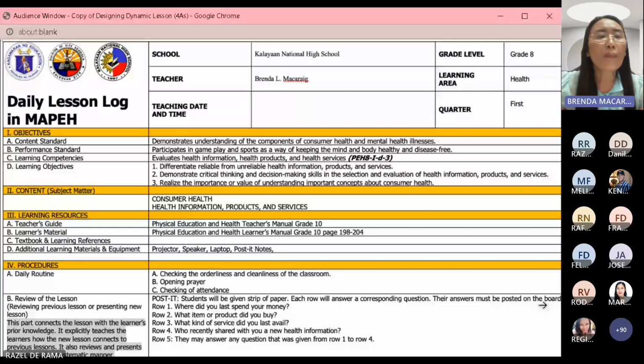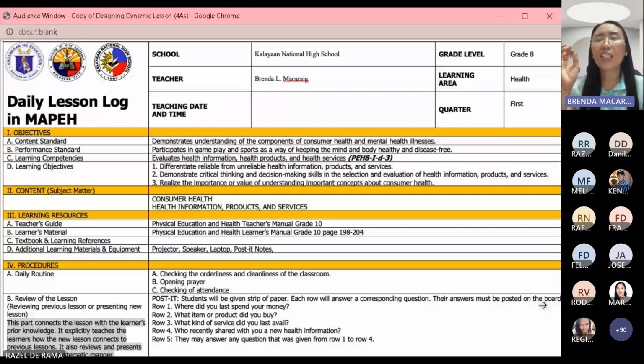Okay? So the activity that I have written here, post it. So students will be given a strip of paper, then each row will answer a corresponding question. Their answer must be posted on the board. So merong naka-correspond na question for each row. And then,